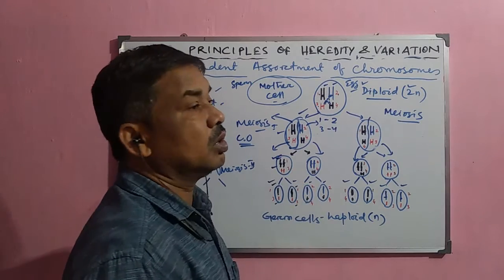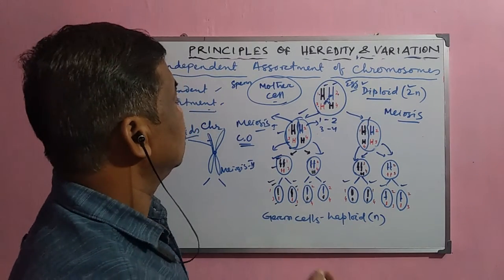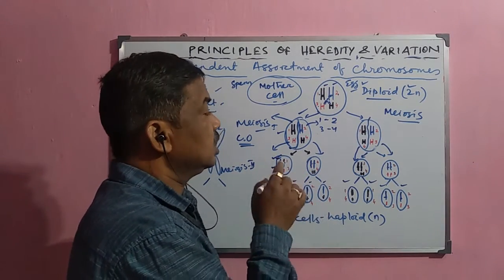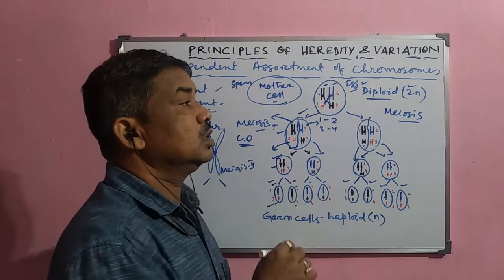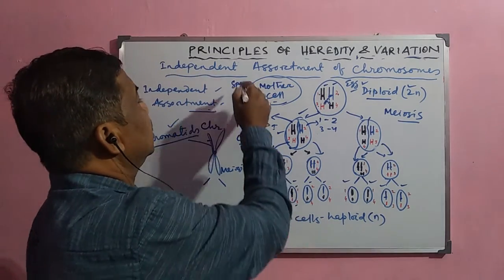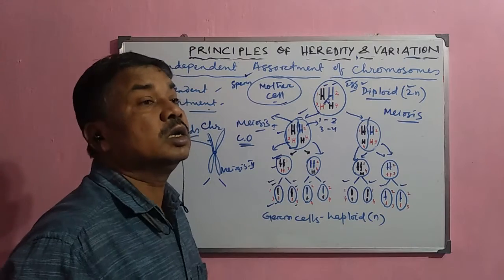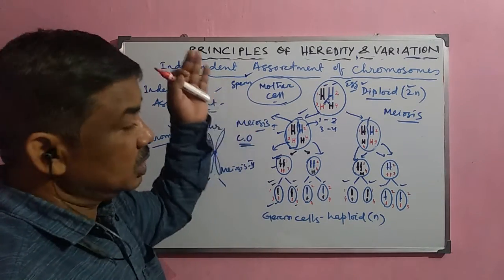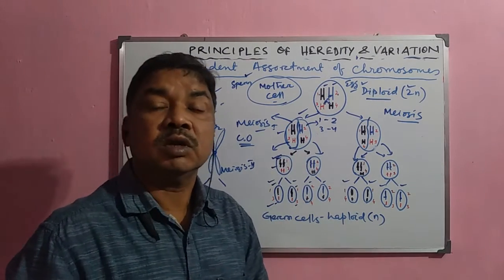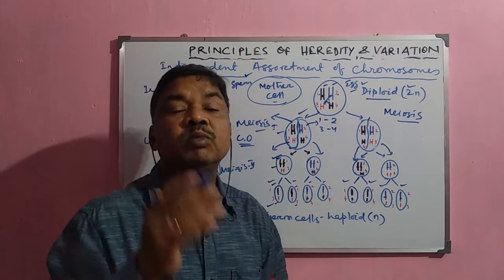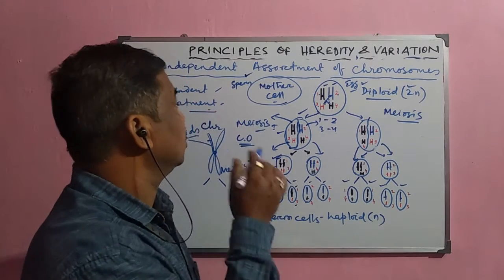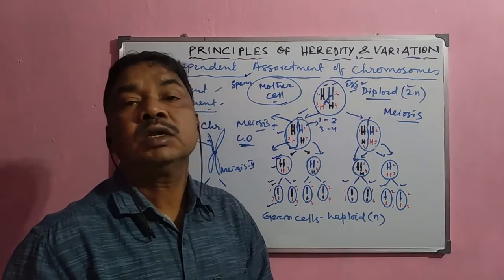So that is why they follow the permutation combination method, and different types of zygotes are formed, and they are randomly formed. So no chromosome is normally linked with one another; they are independent of one another, and that is why they are passed to the next generation independently. This phenomenon was explained by Mendel in his factors, and the same phenomenon is also observed in the chromosomes. So the behavior of the chromosomes, as explained by Sutton and Boveri, and the behavior of the factors, as explained by Mendel, both are similar.